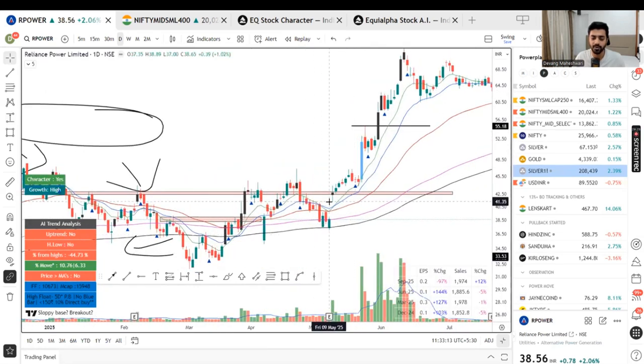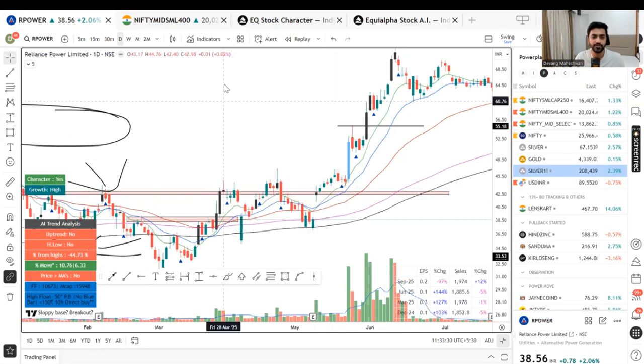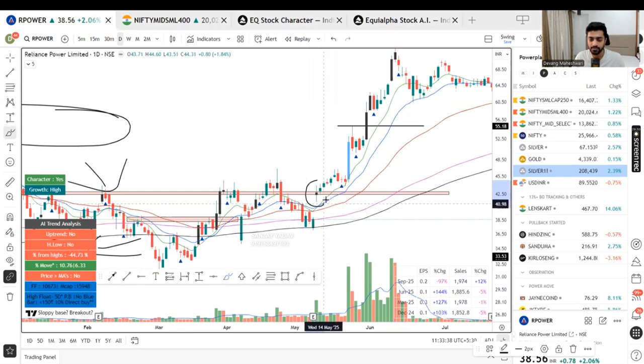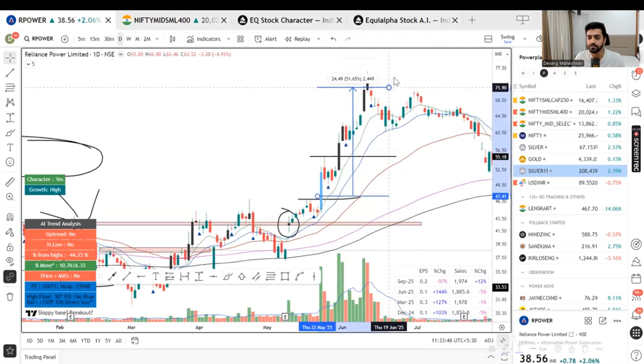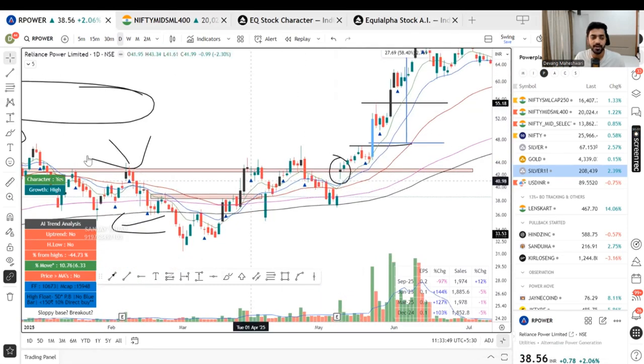Look up here. This was one more earnings gap. Result came after market on this day. This was 11th of May, 9th May. Result came in, opened 10% gap up and it sustained fully up there. It did not give back. Oh, so it is powerful then. It's powerful. And look, when it then gave you an opportunity up, it went 50% up. So earning gaps are less, okay, earning gaps are less, but it's very strong.